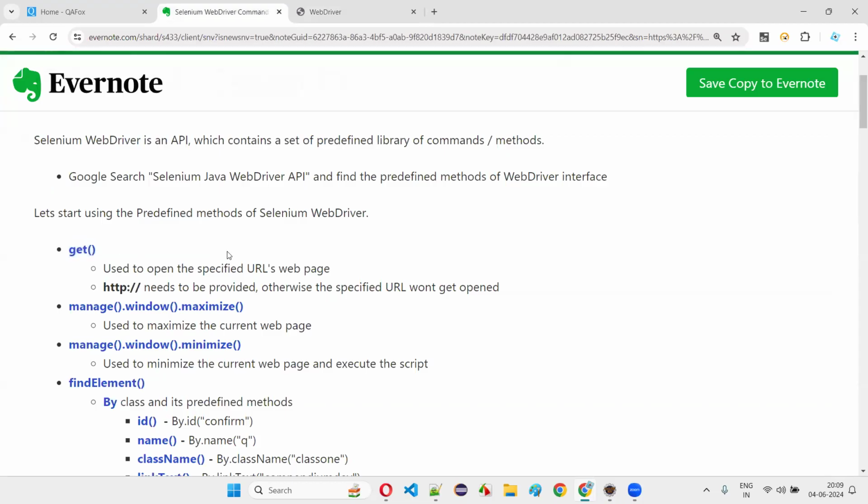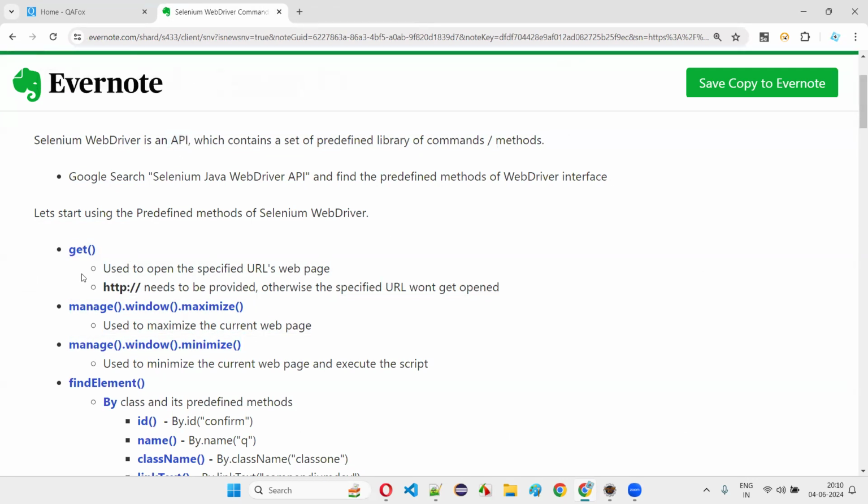This method I'm going to cover. So let's learn in a different way. Let's not worry about this API library and confuse ourselves. Let's leave the API library for a while. You already know that Selenium WebDriver is an API library. It contains a lot of predefined methods which belong to predefined classes and interfaces in Selenium. Those predefined methods of the predefined classes and interfaces of the Selenium WebDriver API library we are going to use